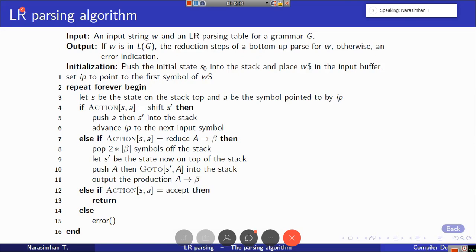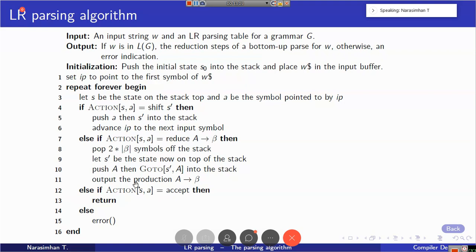You consult goto of S' comma A. What is A? The left hand side of the production. Now you push both A and goto of S', A into the stack. That means the left hand side of the production as well as this goto entry will be pushed into the stack. Then you can print the production A gives beta. This is what we have seen for the reduce action.